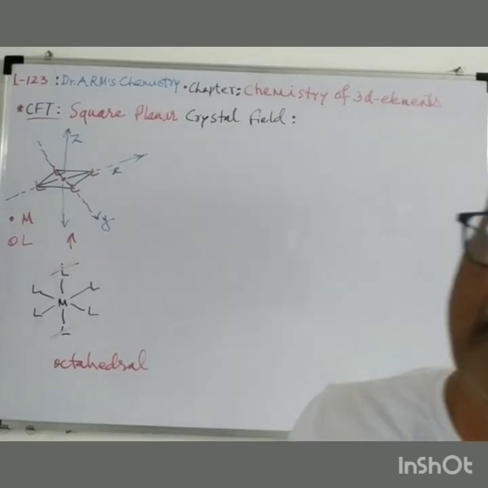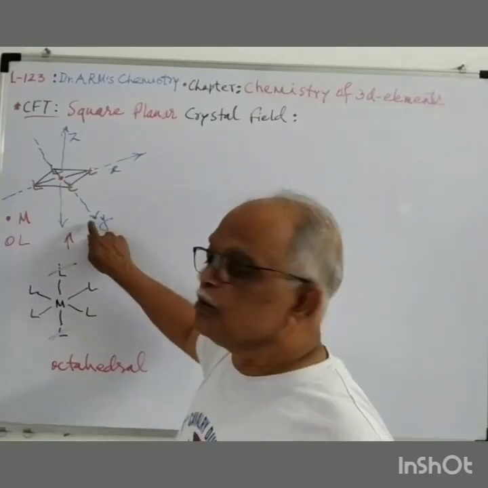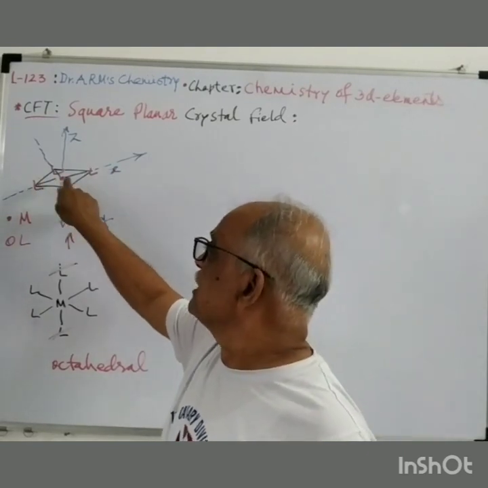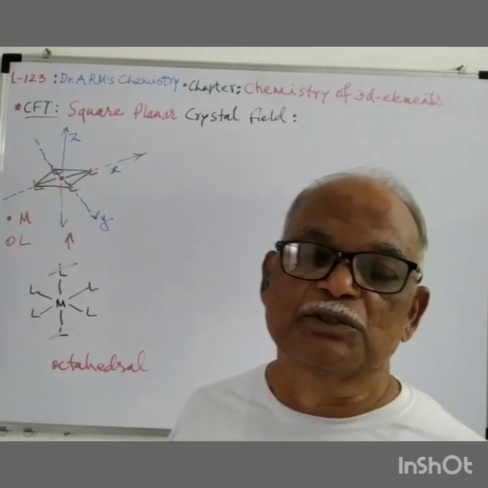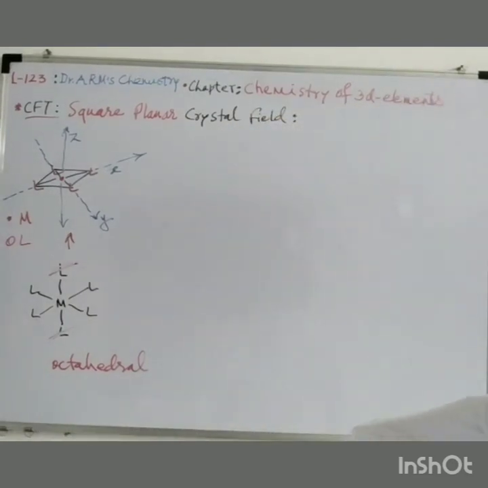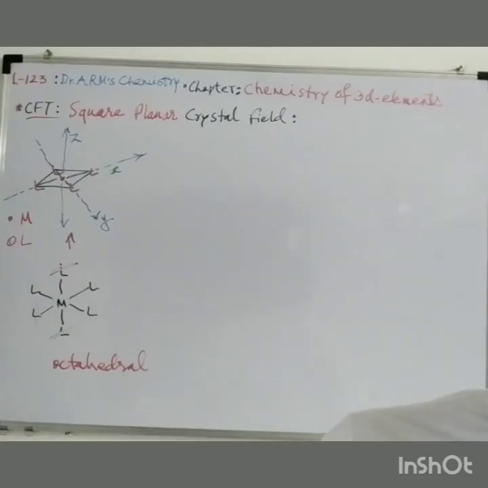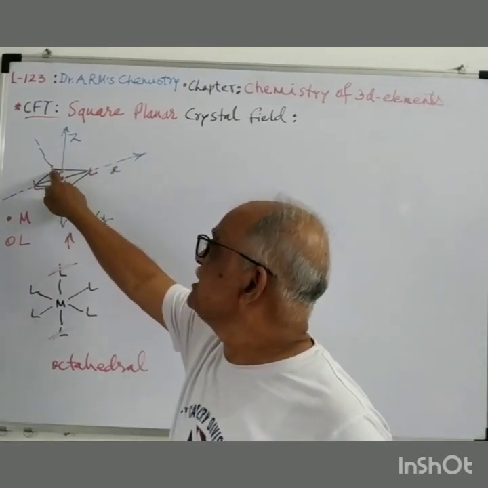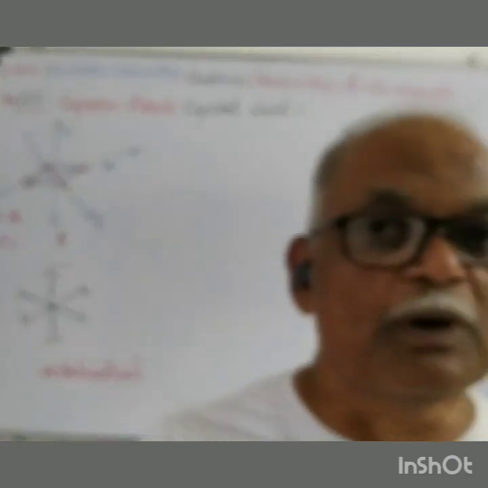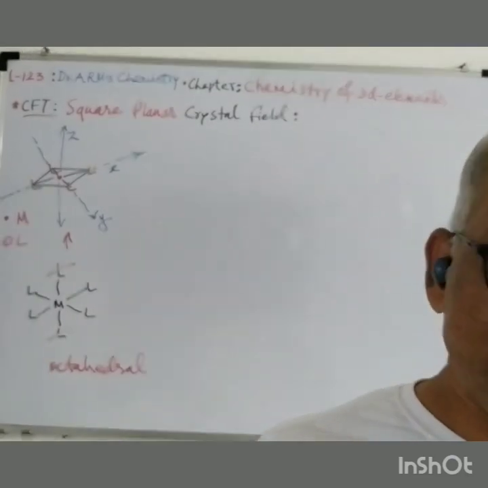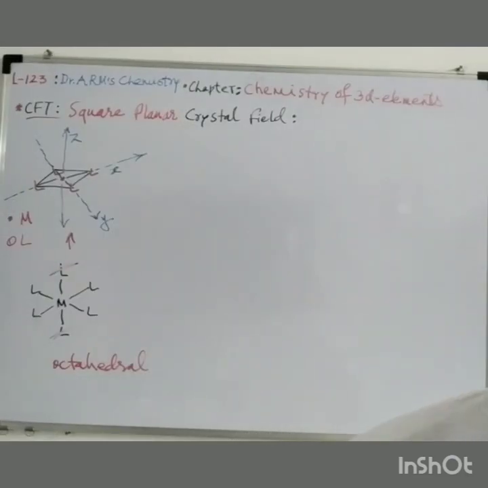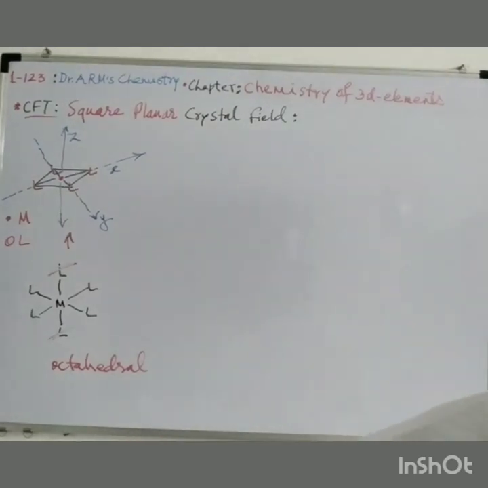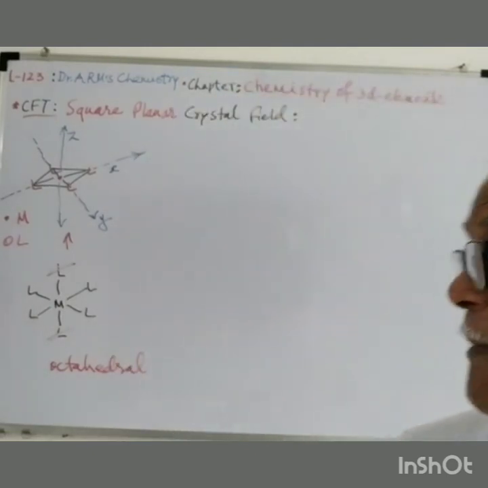There are only four ligands remaining in the structure like this, and two of these ligands are occupying positions in the direction of the x-axis, and two ligands are occupying positions in the direction of the y-axis. Because of this, the structure is stabilized when the orbitals